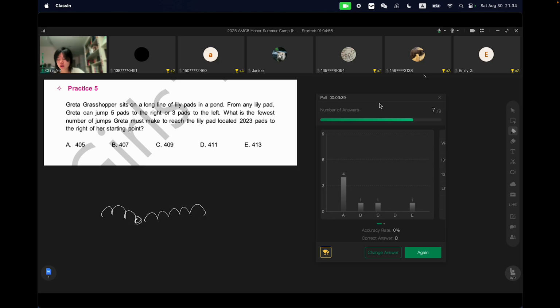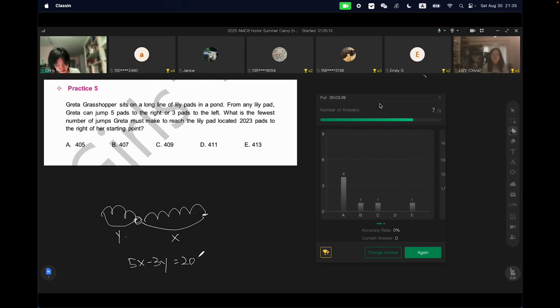So, if we turn this into an equation, let's say that every time she jumps to the right, it counts as x, and every time she jumps to the left, it counts as y. Then she would have 5x minus 3y equals 2,023. Since it asks for the fewest number of jumps she must make, we need to make x plus y as small as possible. Then we should make x as small as possible. So, if we try it out,